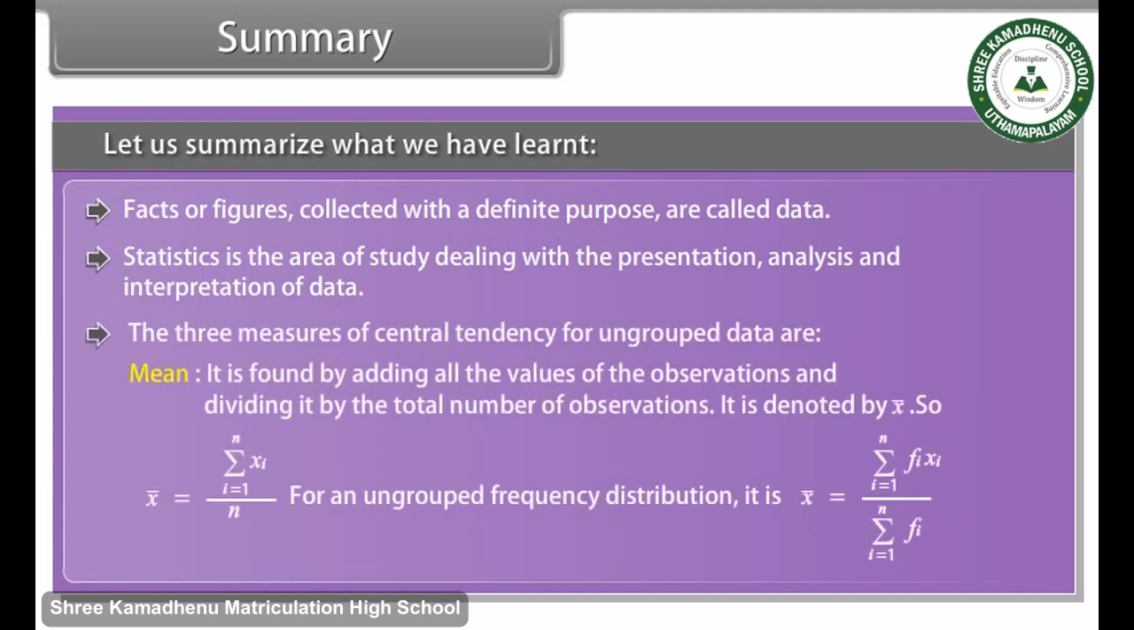The three measures of central tendency for ungrouped data are: mean. It is found by adding all the values of the observations and dividing it by the total number of observations. It is denoted by x bar. So, for an ungrouped frequency distribution, it is